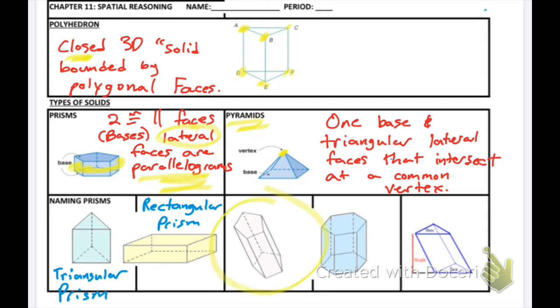Well, this shape here, what's the shape of my base? Well, notice that the shape of the base is, we have this guy right here. Those are my bases. My lateral faces are rectangles. And so to name this, since the bases are pentagons, I'm going to say that this, I wish I had a little more room. So this is a pentagonal